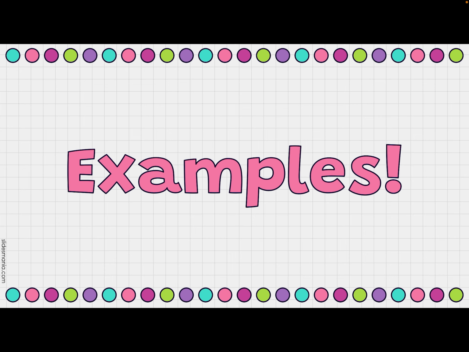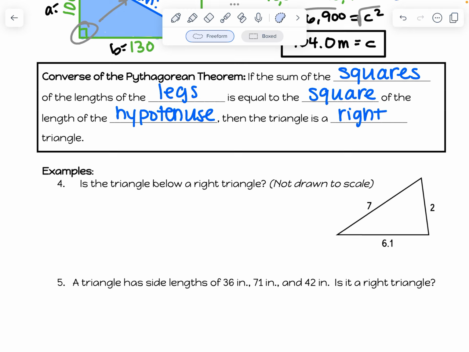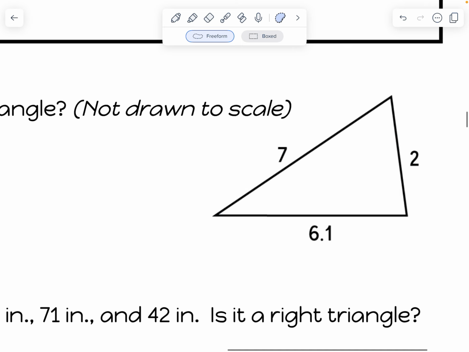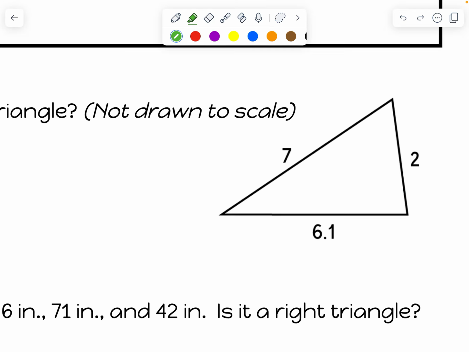So, of course, we have some examples to do. In this first example for this part, number 4, we're considering this triangle here. Is this a right triangle? Now, it tells us specifically it's not drawn to scale, but you might have been able to tell that already because this 2 side is way too big if this 6.1 is correct. So obviously this is not drawn to scale,